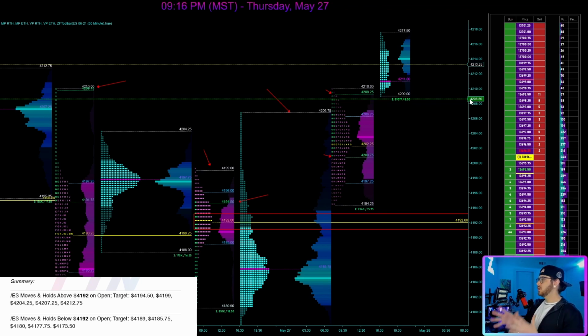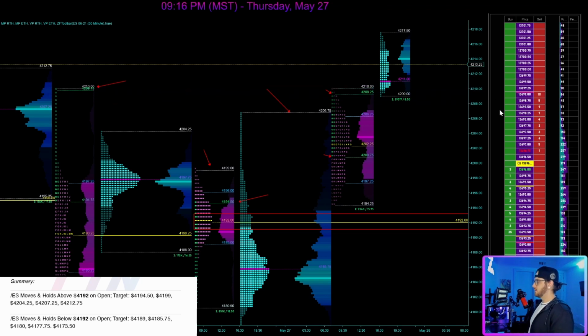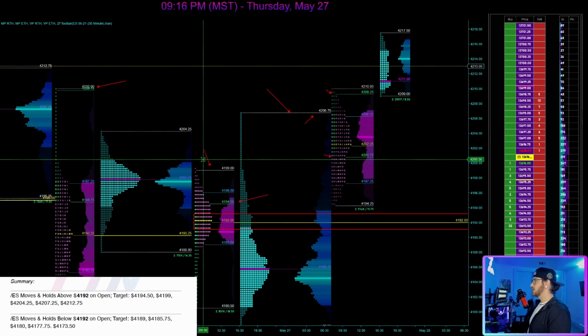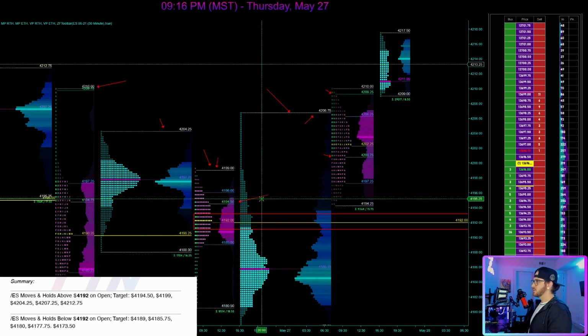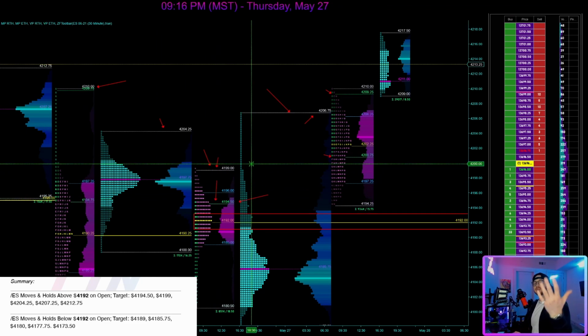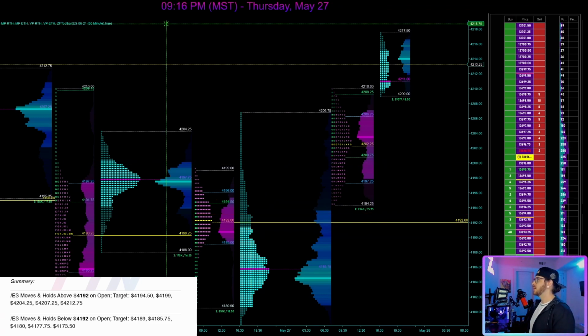So when you put all those pieces of the puzzle together, you could say, well, I'm very likely to be able to take a short on the break of 42.0675 down to 42.0425, down to 41.99, and through our previously upside targets, now to the downside, right? These aren't just upside targets, they're valid and relevant levels from prior sessions. So treat them as such. Don't treat them as black and white upside targets or downside targets. Just make sure that you are giving them the credit they deserve, if you will, in allowing yourself to take trade opportunities from them regardless of direction.